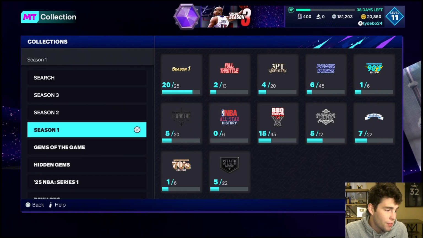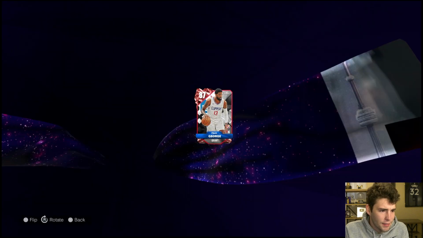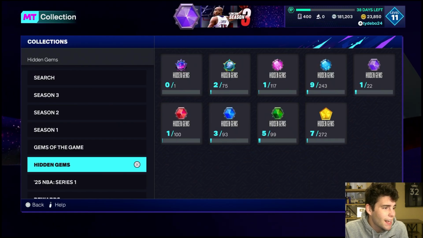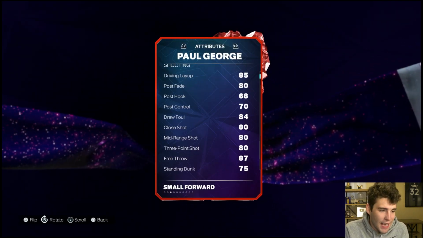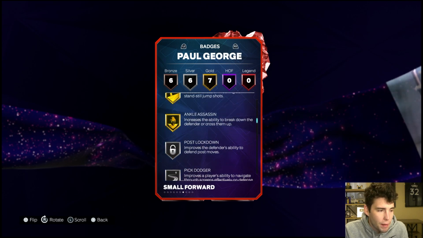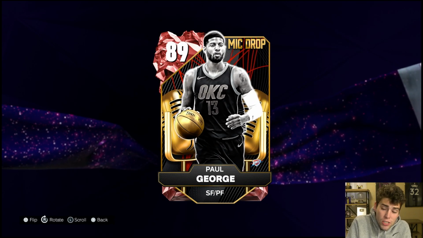To me though, and this is just my opinion, how much better is he than this Paul George? And you guys can flame me in the comments. He is better by quite a bit, but I don't know if he's going to be that good. I don't mind him though, because he is 6'8". He's got a good release. His defense is going to be pretty stout. I feel like if you do give him clamps or the on-ball menace badge, he's going to be pretty solid. To be honest, I don't hate Paul George. I wish he was slightly better